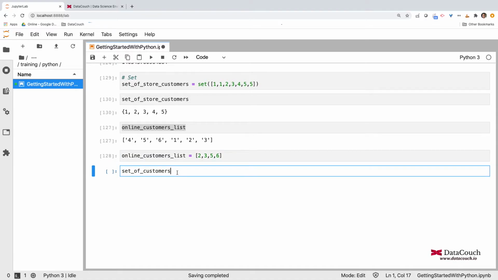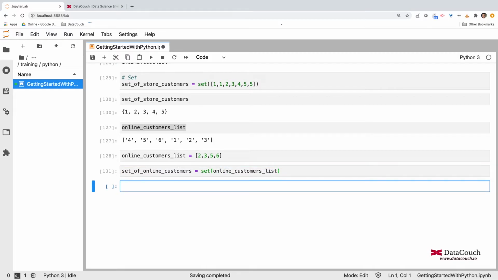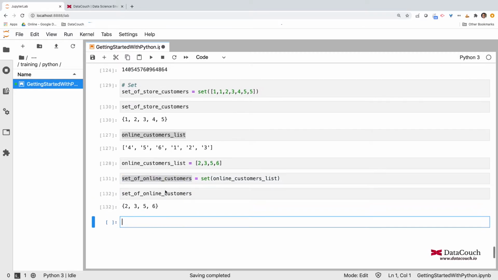Now I want to create a set of online customers, so I write set, and within that the online customer list. When I run it, we got 2, 3, 5, 6 as the set of online customers, and 1, 2, 3, 4, 5 as the set of store customers. So we have two sets.